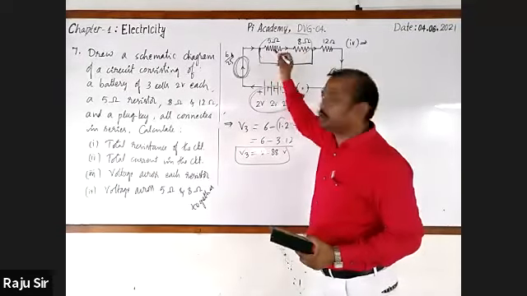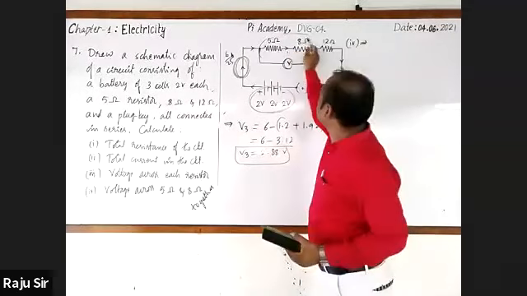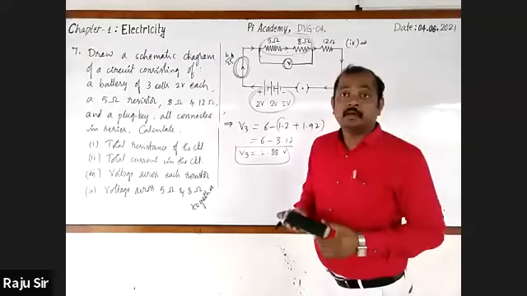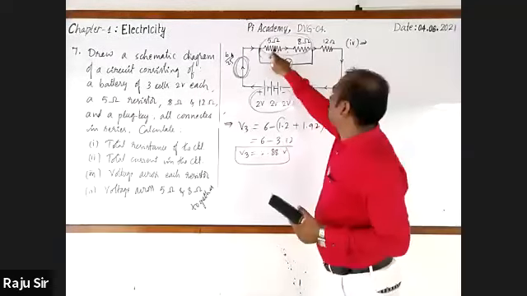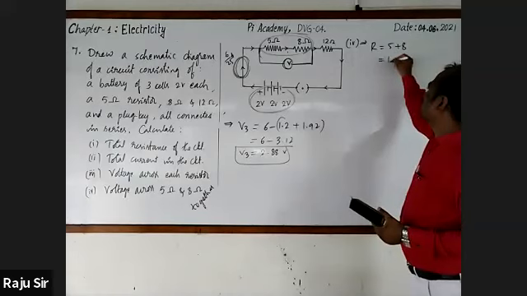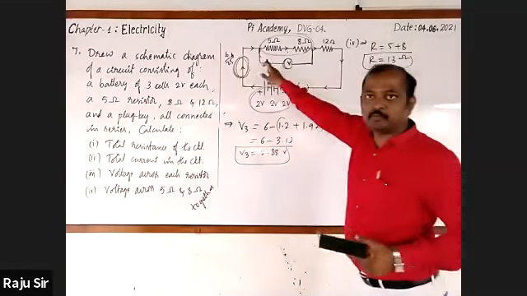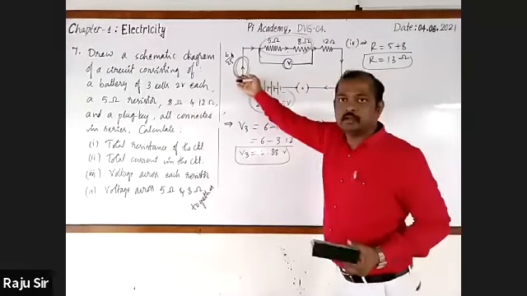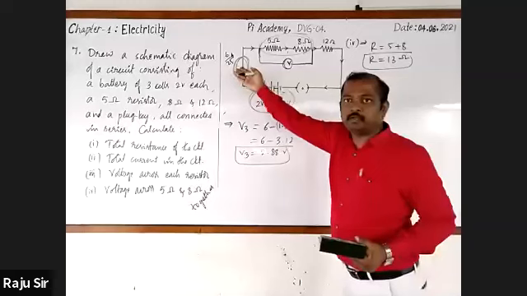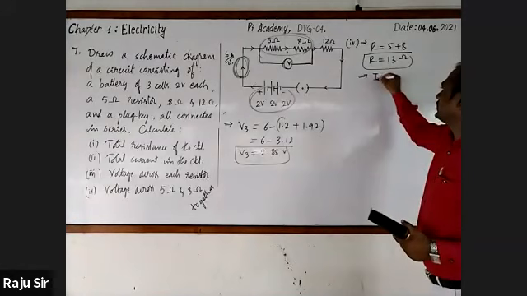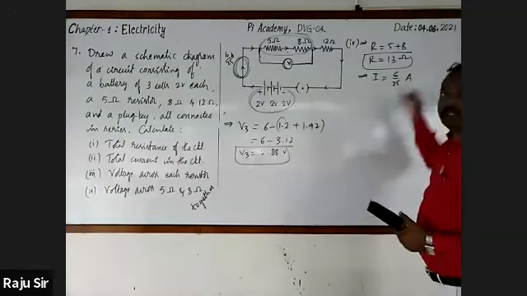If you want to find out the voltage across 5 ohm and 8 ohm, you must know the total electric resistance of 5 ohm and 8 ohm. I take this as R is equal to 5 plus 8. It is 13 ohm. Then current is known. Current is 6 by 25 amps. For your reference, I am writing I is equal to 6 by 25 amps, that we have found out.